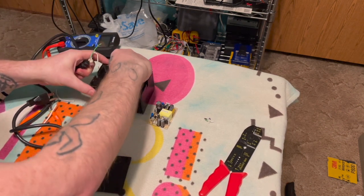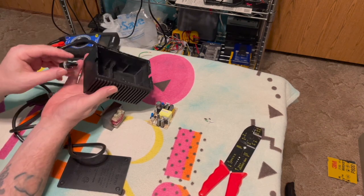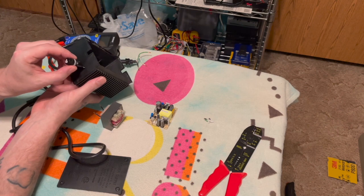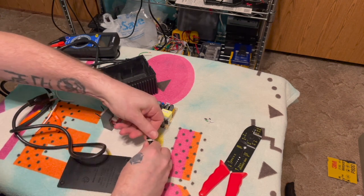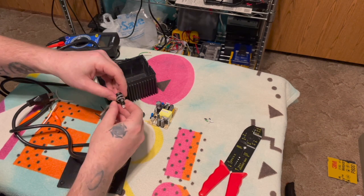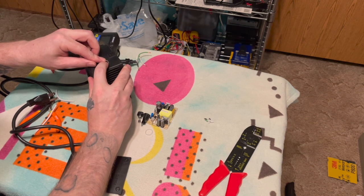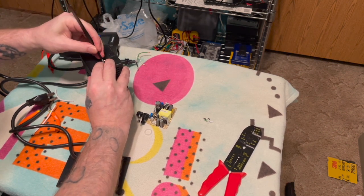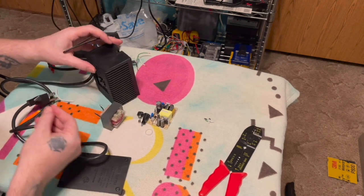So what I'm going to do is, first I am going to drill a hole for this fuse. So, and I'm just going to put it basically right here. It's already kind of scratched there. In any case, so I'm going to put this basically right here. So I'm going to take this apart. Undo this. I'm just going to use this to sort of scribe the basic outline of it. And then I will select a drill bit. That's plenty good. I don't know if you can see it, but